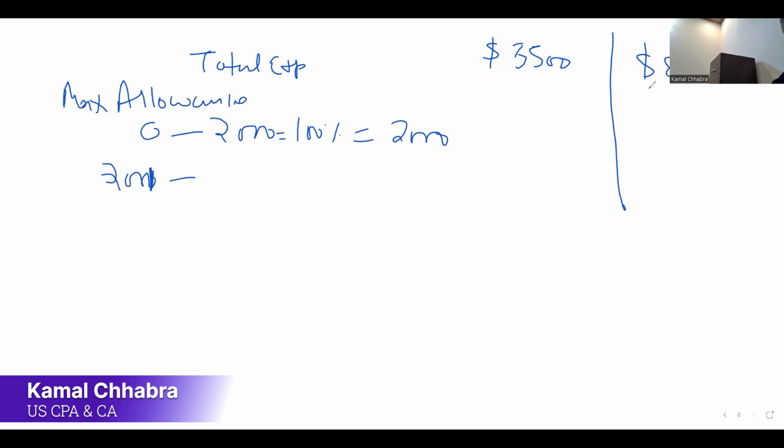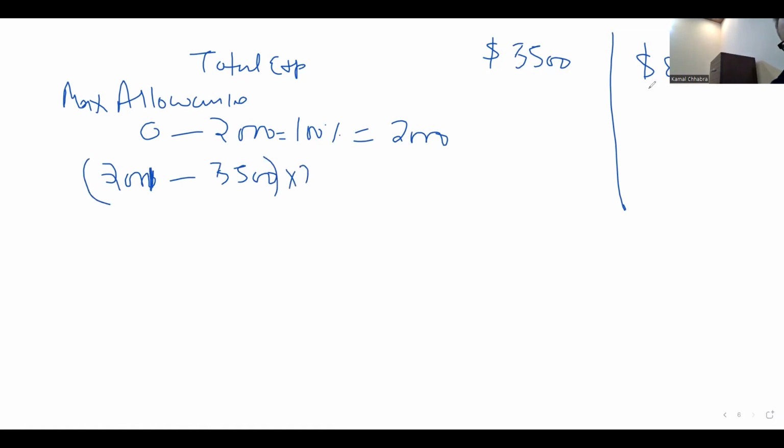2,001 to 3,500. How much is it? 25%, which is 1,500 multiplied by 25%. How much is it? 375. So in this case, the total allowance is 2,375. And the other case is